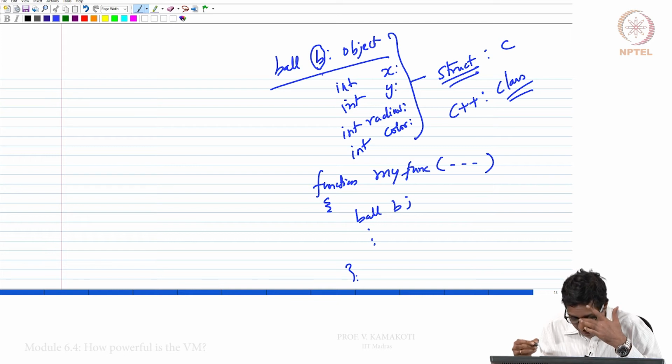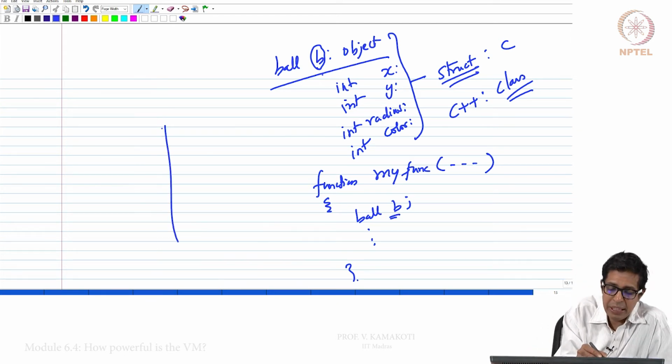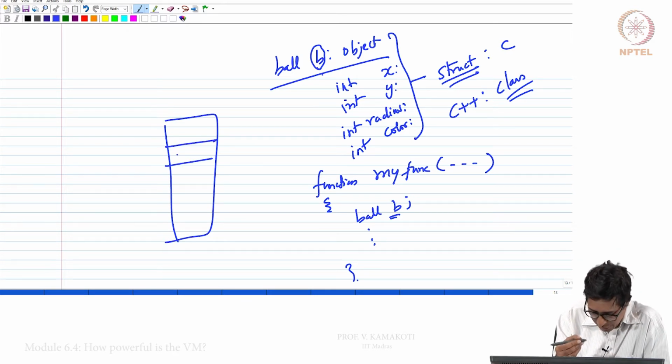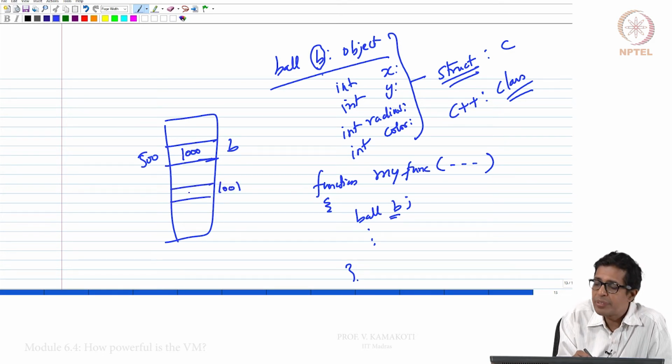Now essentially what will happen is B is an address. So B is mapped down to say, without loss of generality, 500. So this is B. Inside B I will store some 1000. So in 1001 I will have X, 1002 I will have Y, 1003 I will have radius, 1004 I will have color.